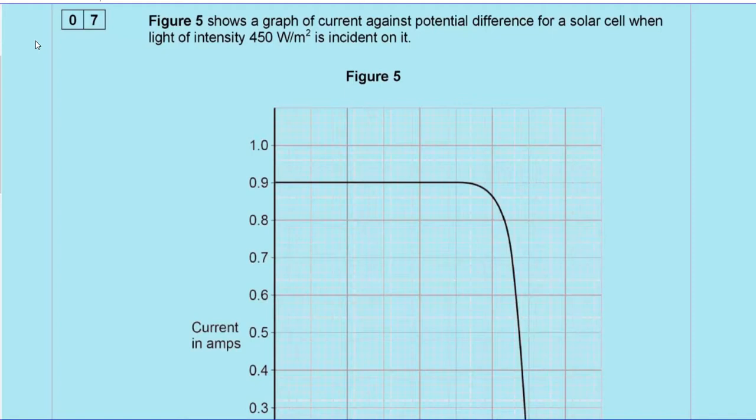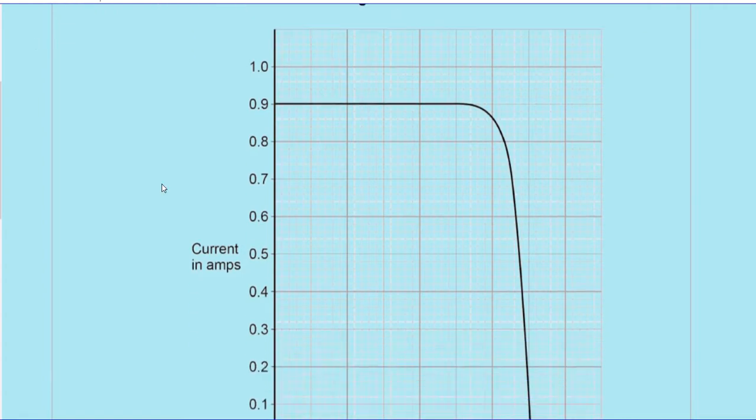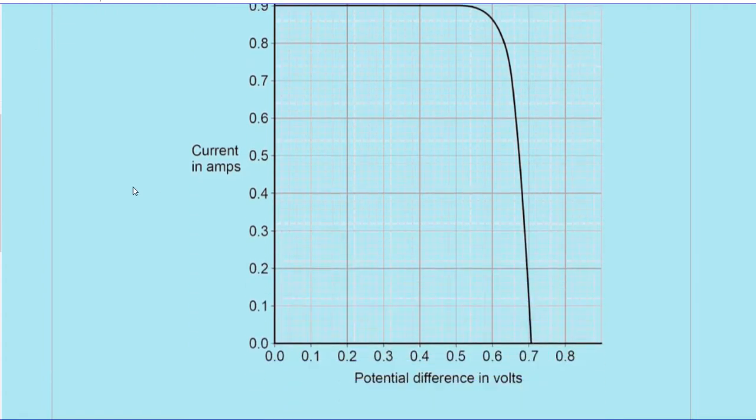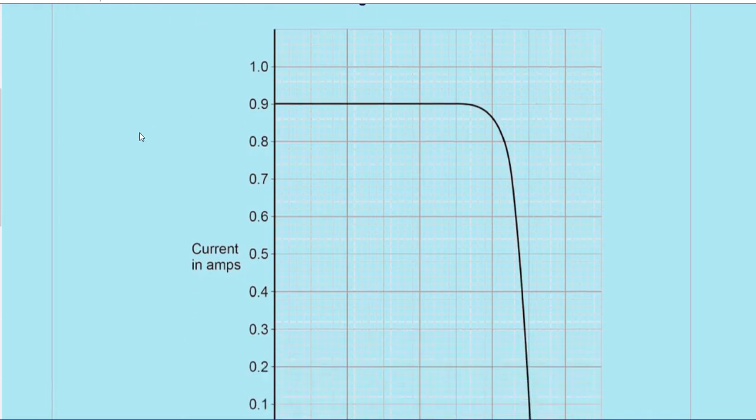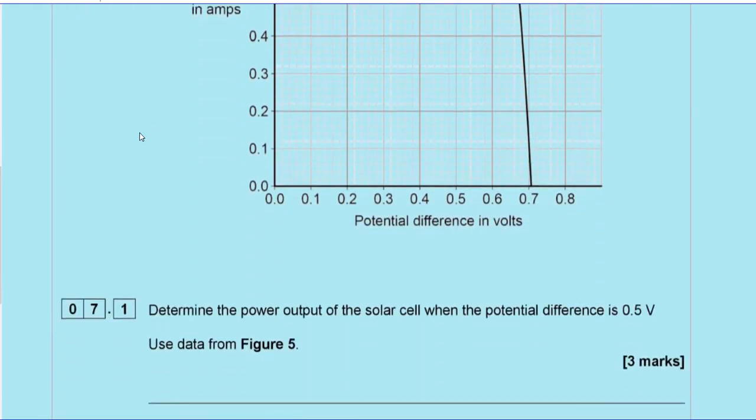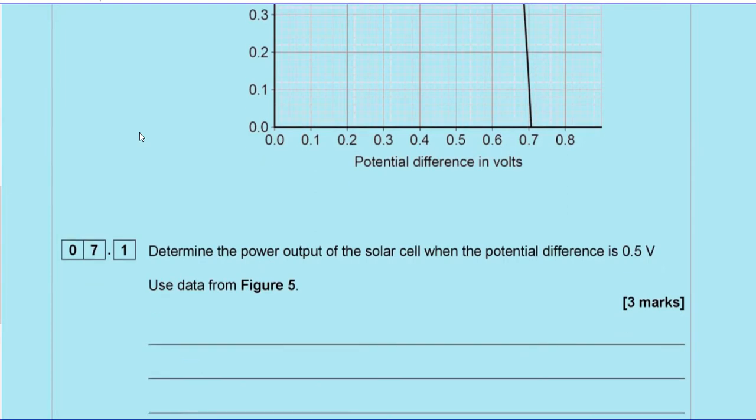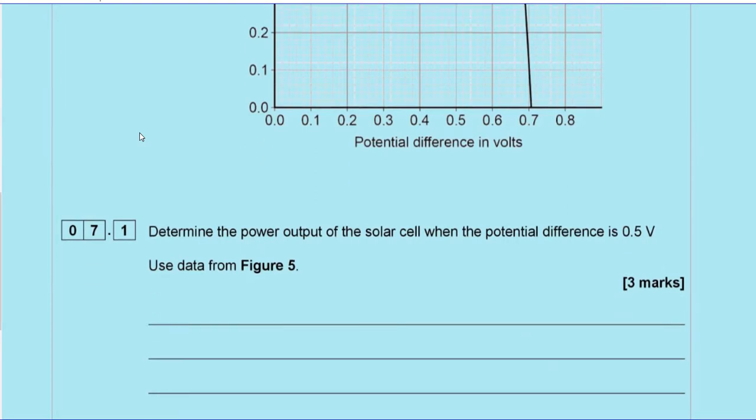Alright, question 7. We are now looking at a solar cell and we have a graph which is showing us how the current produced by the solar cell is related to the potential difference across it. Okay, and we're told that this is happening when the light intensity on it is 450 watts per square meter. Okay, so first part of the question, we need to determine the power output when the potential difference is 0.5